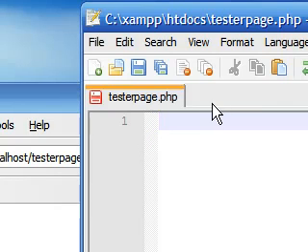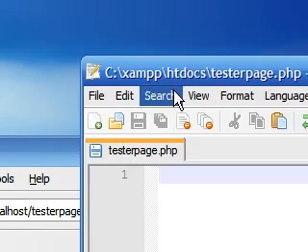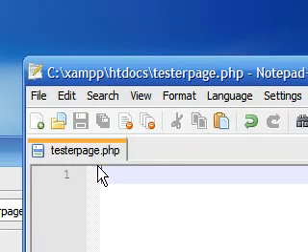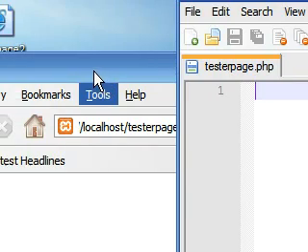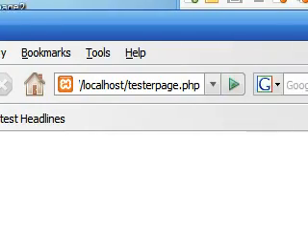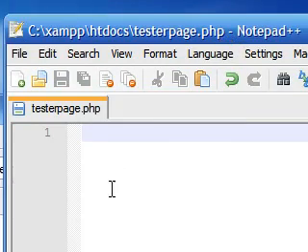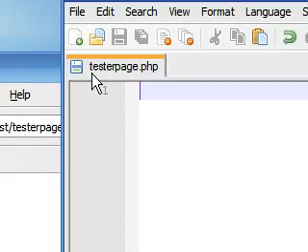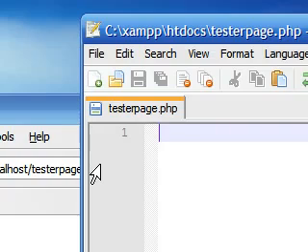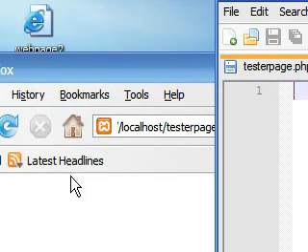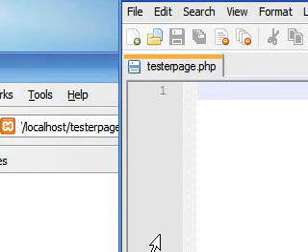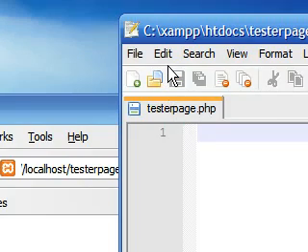Now that you've got your little notepad set up and your browser, I'm using Firefox, and you've got everything running, you're ready to start writing some PHP. And if you don't know how I got all of this set up, or you don't have Apache installed, then what are you even doing watching this video? Go watch my first one. Sorry. Anyways,